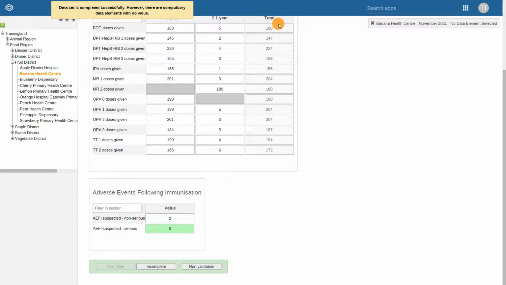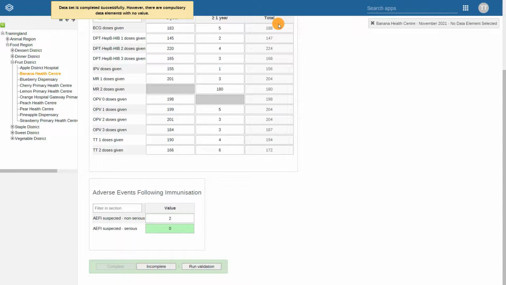Marking a dataset complete is an important step as it affects dataset reporting rate summaries and timeliness metrics, which you will learn about more later in the course. When viewing a dataset that has already been marked complete, you will see that the Incomplete button at the bottom of the form is now active.